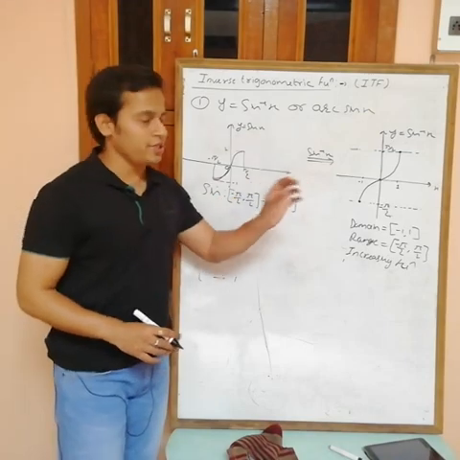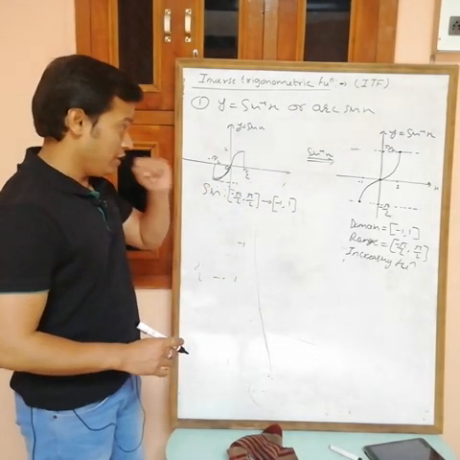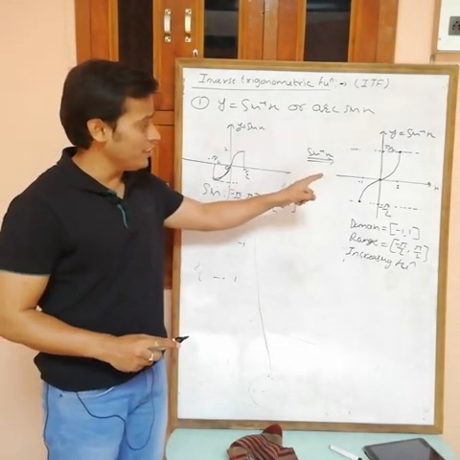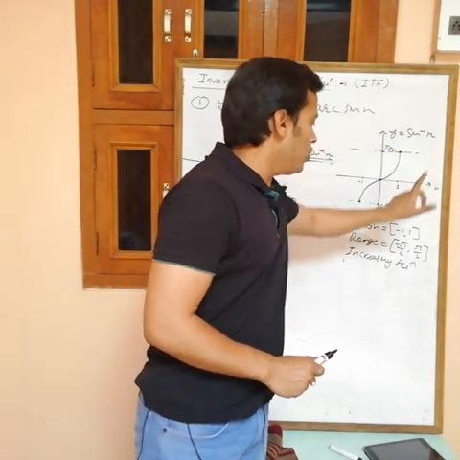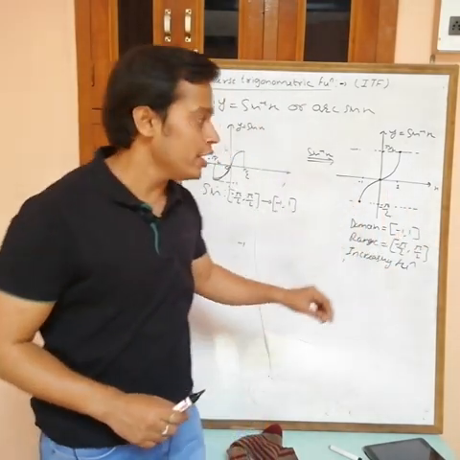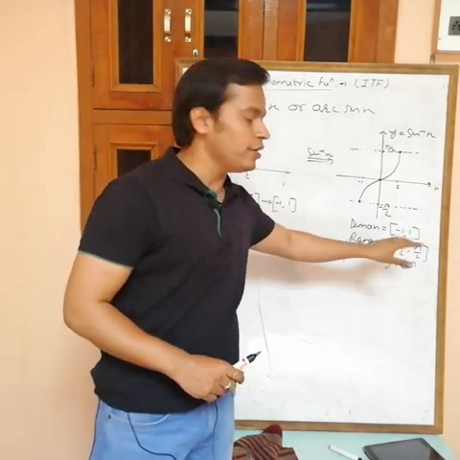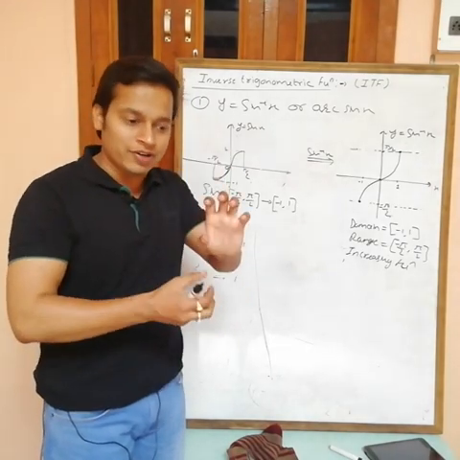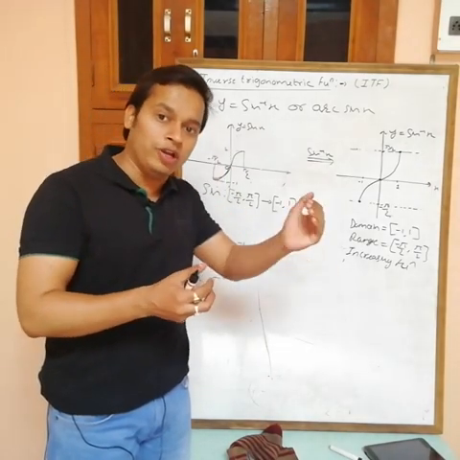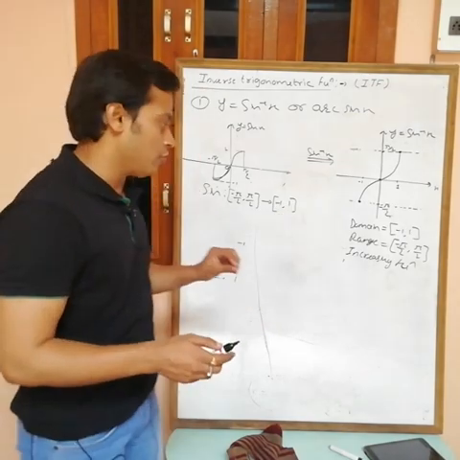What about sine inverse? Easily you can find the value. Now remember, the domain of sine inverse is -1 to 1. It means you can put the value of x only from -1 to +1. And the range of sine inverse is minus pi by 2 to plus pi by 2. It means for any value of x, sine inverse x can belong only from minus pi by 2 to plus pi by 2.